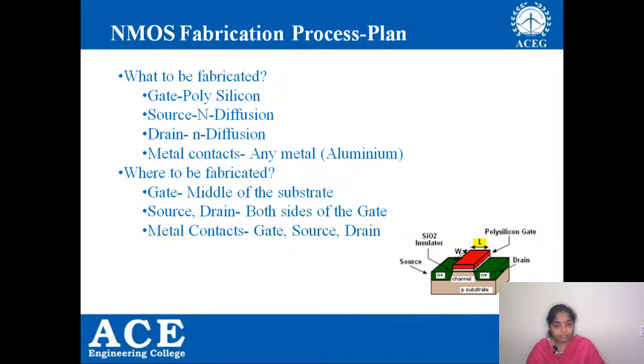So actually if you see the structure of the NMOS transistor over here, this NMOS transistor has a p-type substrate and upon which a silicon dioxide layer, and upon this silicon dioxide layer a polysilicon gate is fabricated, and this polysilicon gate is acting as a gate, and to both sides of the gate n-type source and n-type drain are fabricated. So this is how we must get the NMOS transistor exactly.